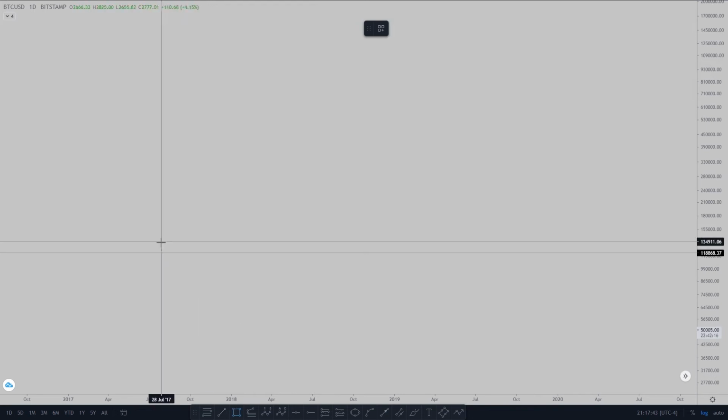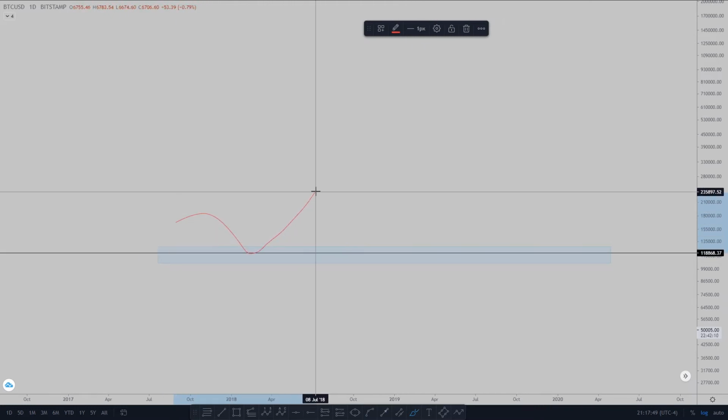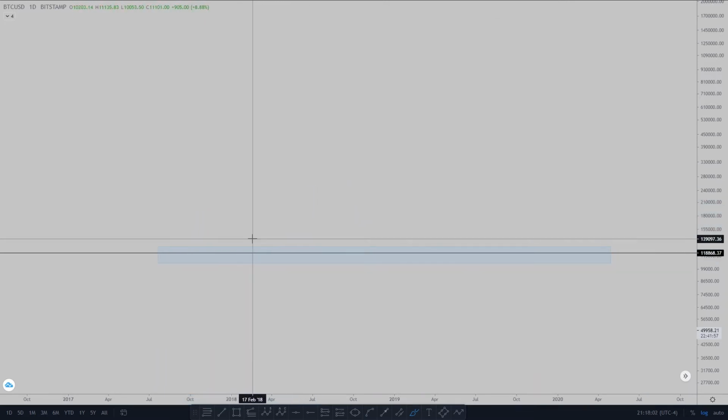a zone, as I just mentioned, it tends to see rejections to the upside, bounces to the upside, because there is more buying power than selling power, meaning supply and demand theory comes in and has price go in favor of the buyers, because there are more people interested in buying, and with higher quantities than the sellers,